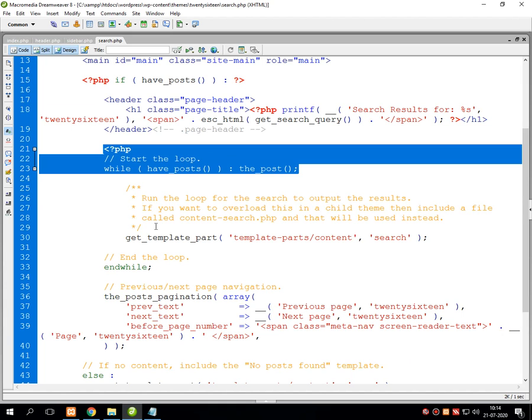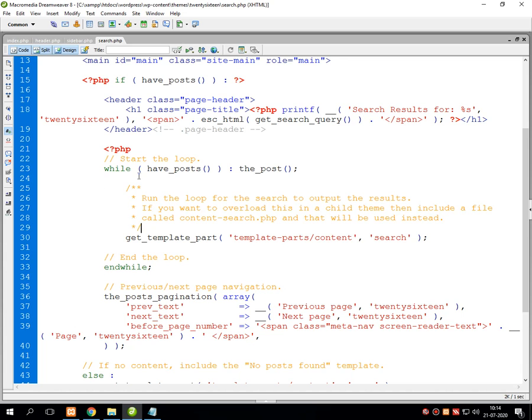So this loop gets executed. This is the starting of the loop, and this statement is the termination of the loop. So this entire portion repeats for the number of posts. During the repetition of the entire loop, there is a function given, get_template_part, which gets the template part from the function called search.